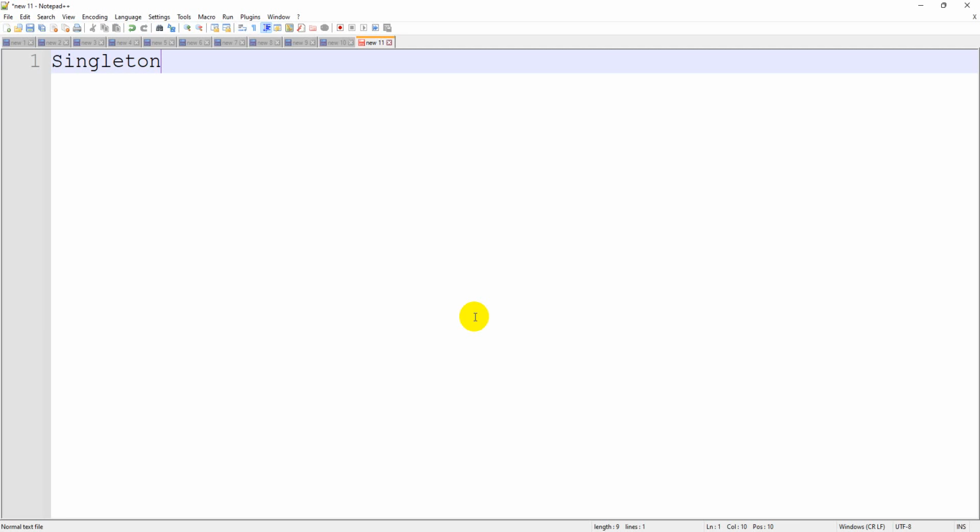Especially going forward, we are going to use a topic called web API or web services, and there singleton is going to be helpful to create the object only once.